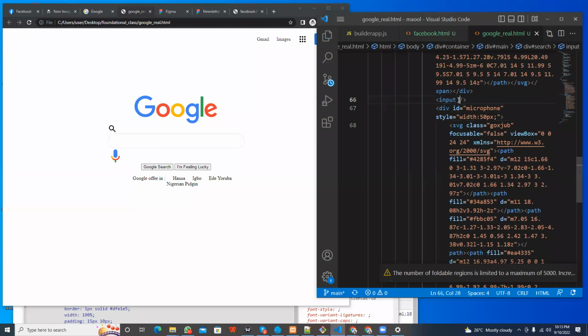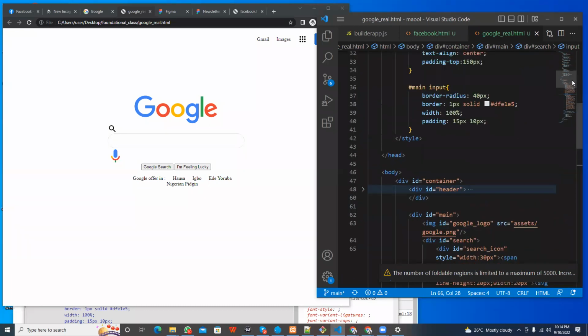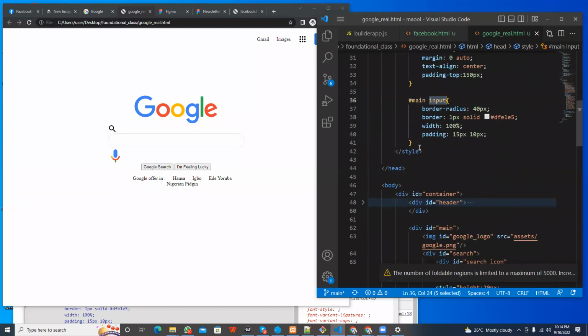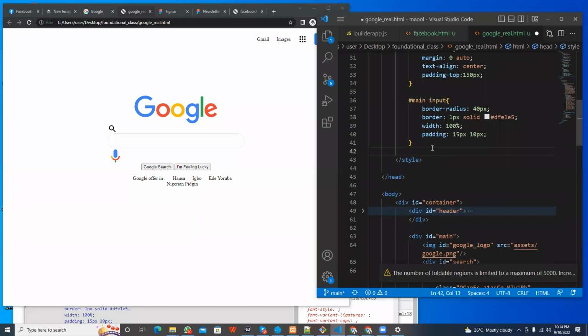This is still the input box right here. I didn't give this any ID or any class because I'm using the tag directly. You can see I'm using the name directly. So let's position those things, the search icon and the microphone. So I'm going to say,